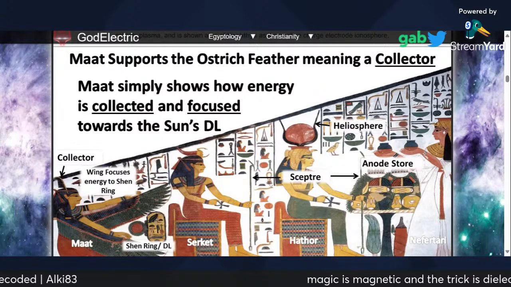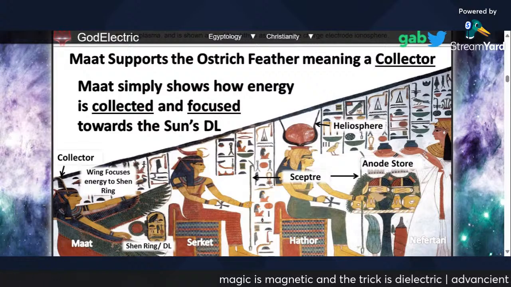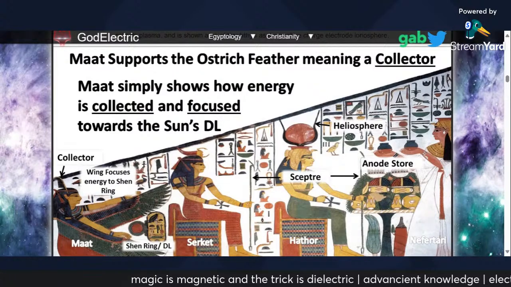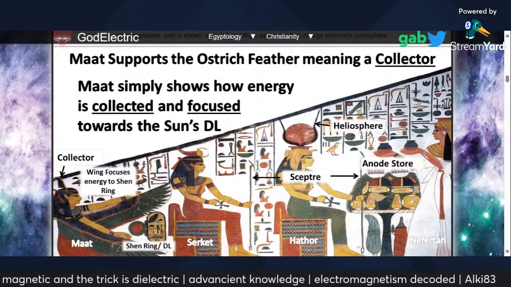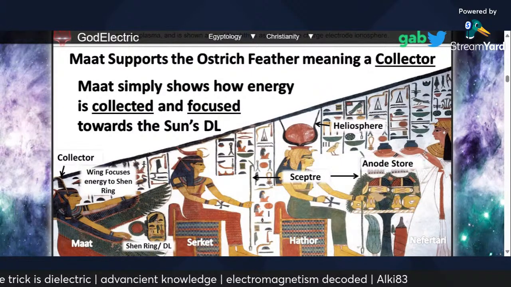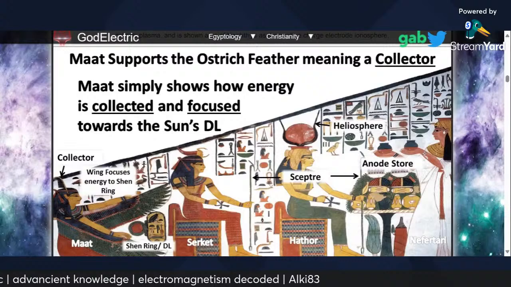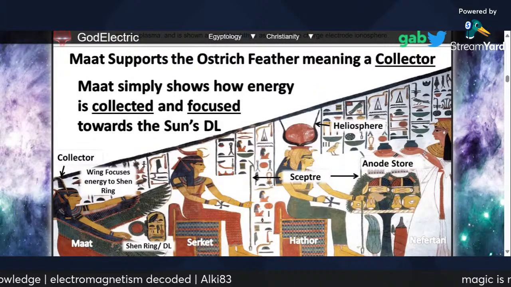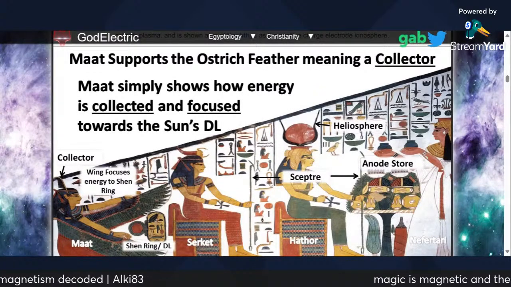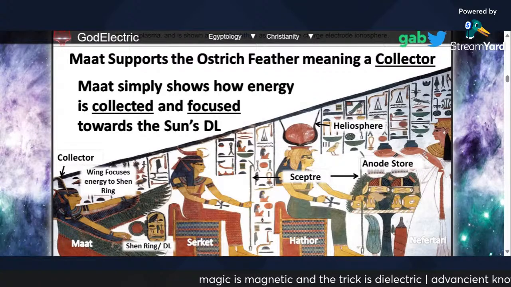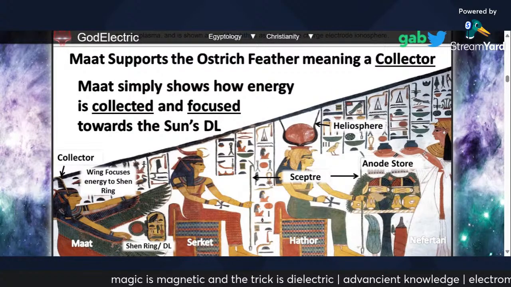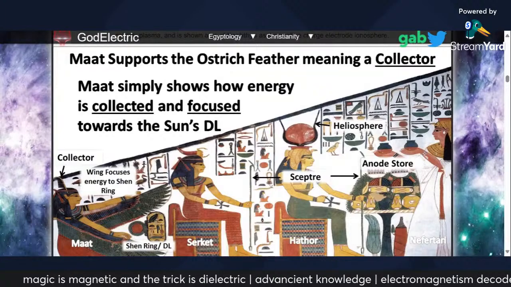In an electric universe, double layers are theorized to exist either side of the Sun in each plasma wing. In the center, there is a resonance platform. You will see Hathor and Saket seated on the platform, each holding a scepter. The scepter defines a receptor of power, showing that they receive power from Mart via the double layer or Shenring on the left. Nefertari on the right is shown placing two pots or charge stores onto their anode positions, defining